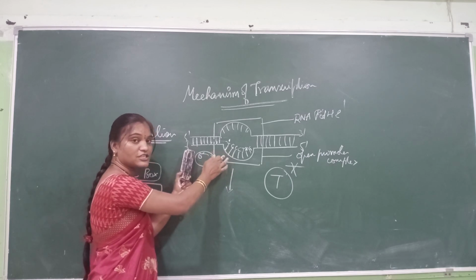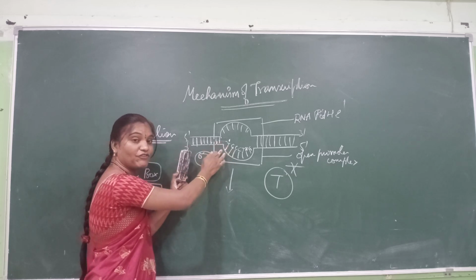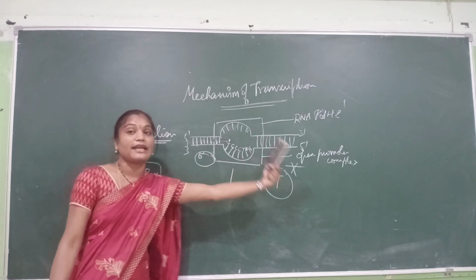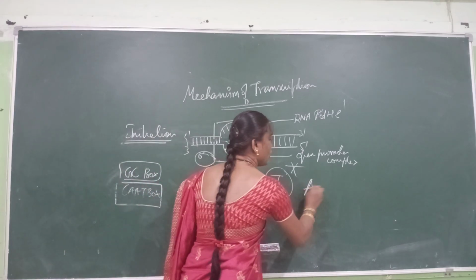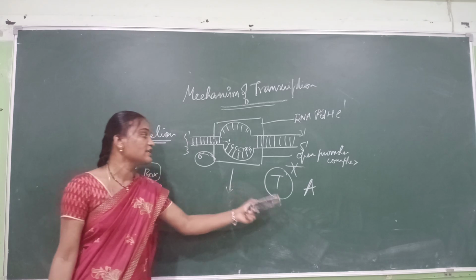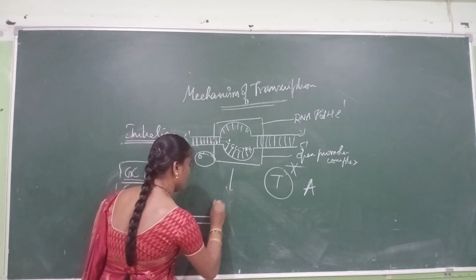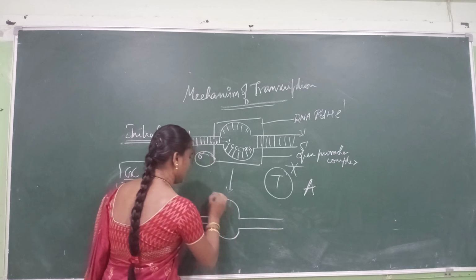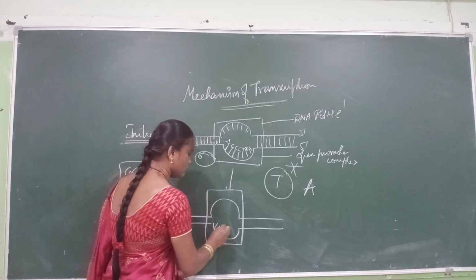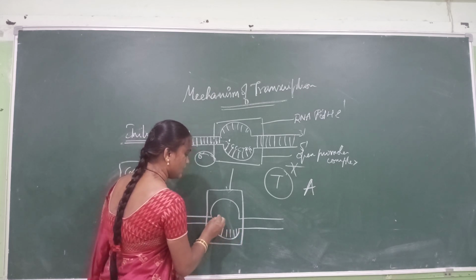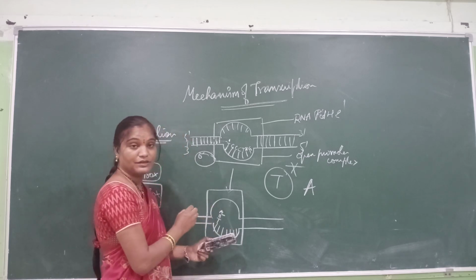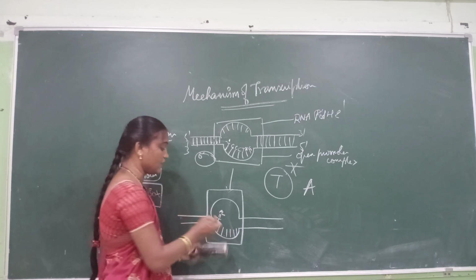So during your initiation step, what happened? Thymine, the first nucleotide on your DNA molecule, is transcribed to adenine on your RNA molecule. So the first nucleotide on your RNA molecule is adenine. So this is your template DNA strand. Then this is your open promoter complex. This is your RNA polymerase. So here, the thymine is double bonded with adenine. That is the first nucleotide for the formation of your RNA molecule.